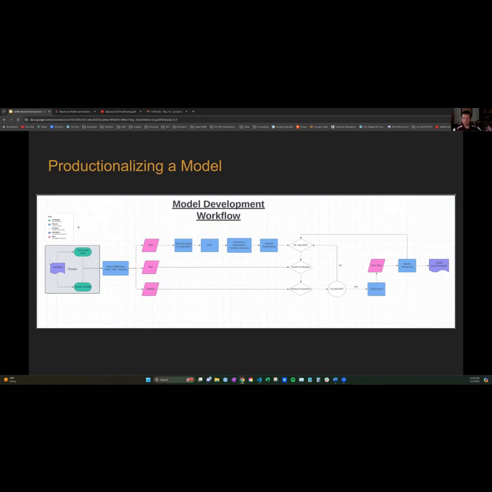XGBoost, for example, will treat that as its own separate bucket. So it'll say, what is the performance on those who have a house? What is the performance on those who have an apartment? And what is the performance of those who are labeled as missing? So oftentimes with machine learning, missing values really aren't a problem because it will automatically account for that. It is a problem in the more traditional statistical frameworks because of the things I was just saying. But it really depends on what the business problem is, what the solution we're offering is.